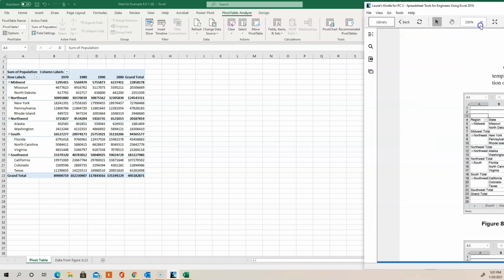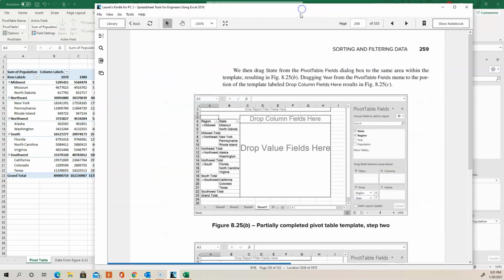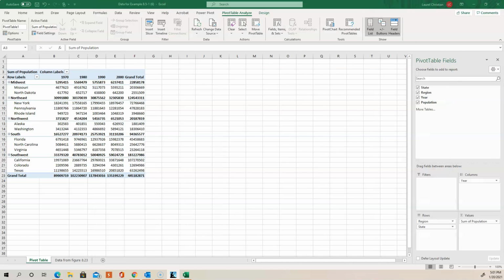If you look in your book, there's a slightly different view than what is given here, and I believe that is because we're using Office 365. So not a big deal. And if you go through this example, a lot of this is just showing you how you can manipulate this pivot table to be a little easier to read. And after messing around with this for a few moments, I realized there are some tips and tricks on how